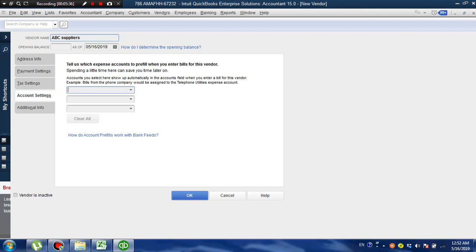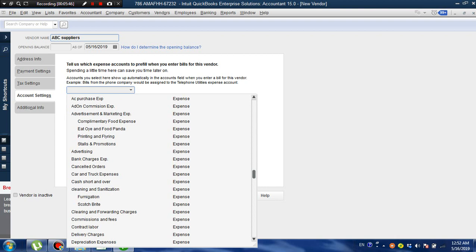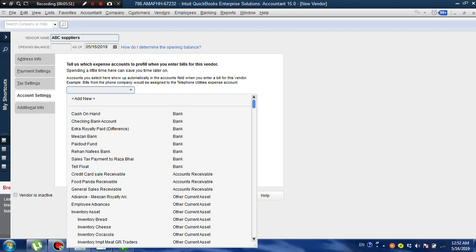The accounting setting is here: when we buy something from this vendor, where will that amount be accumulated in the chart of account ledger? For example, if you are buying an inventory item, it should be accumulated to these inventory items. Here is inventory assets, inventory bread, inventory cheese, inventory Coca-Cola, inventory Pepsi, and the other items, because we are going to keep the stock vendor wise